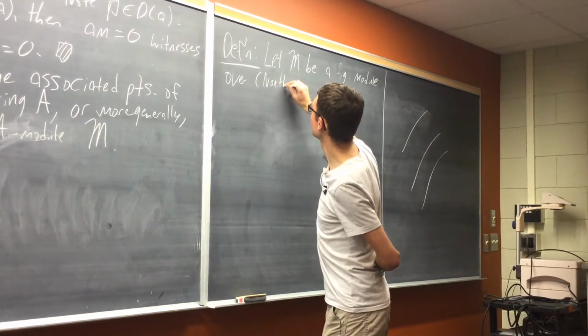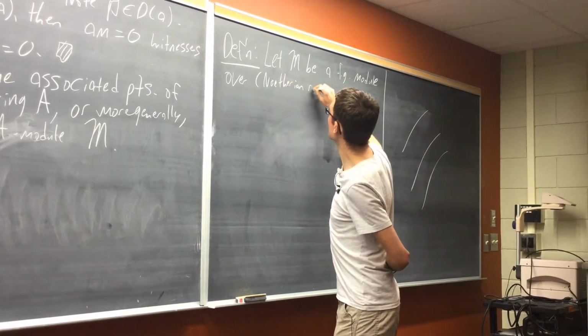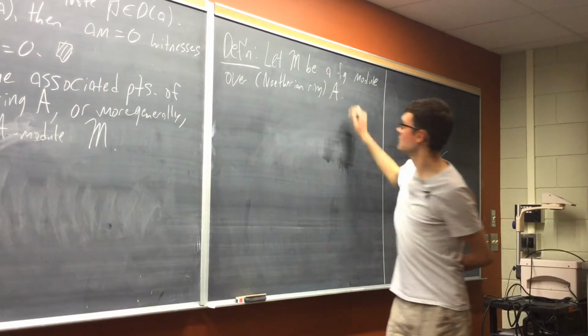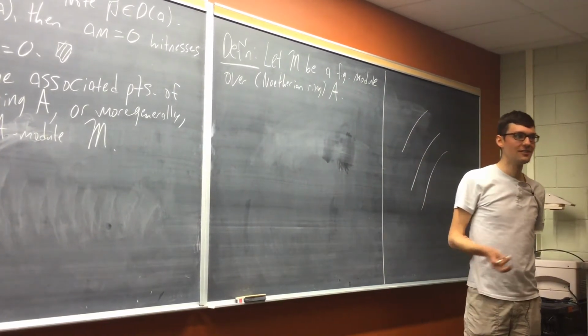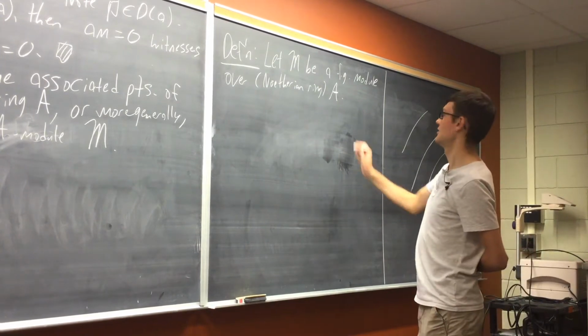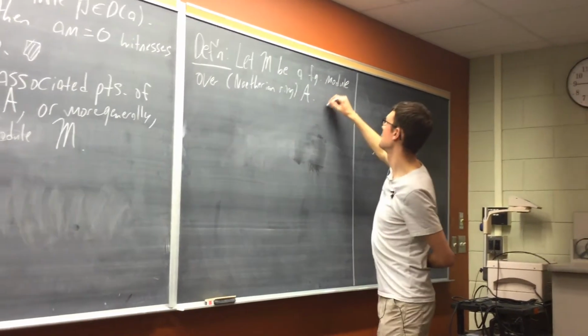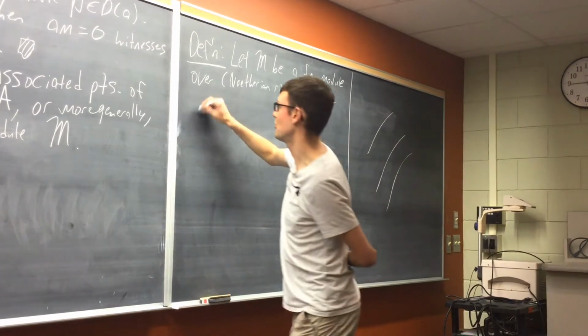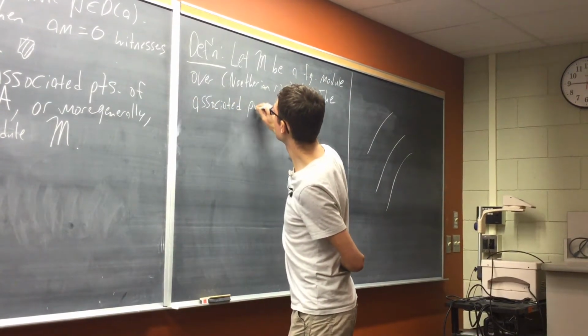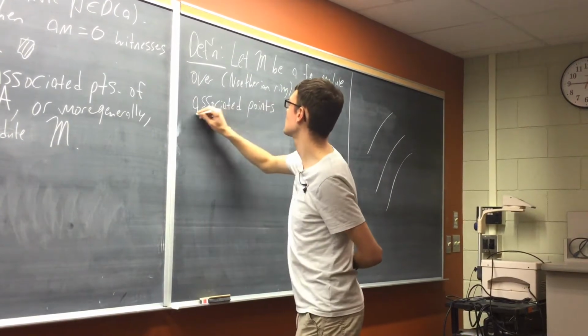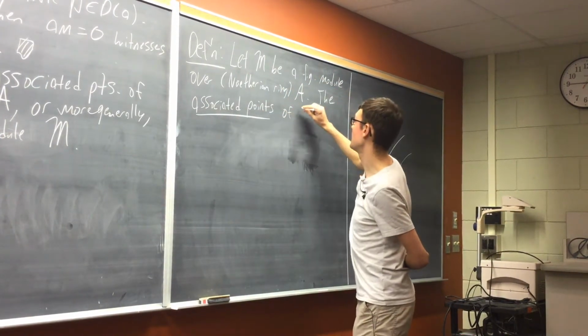Over Noetherian A. And I'm going to stop writing this now because all my rings are Noetherian for the rest of the day. Okay. The associated points of M